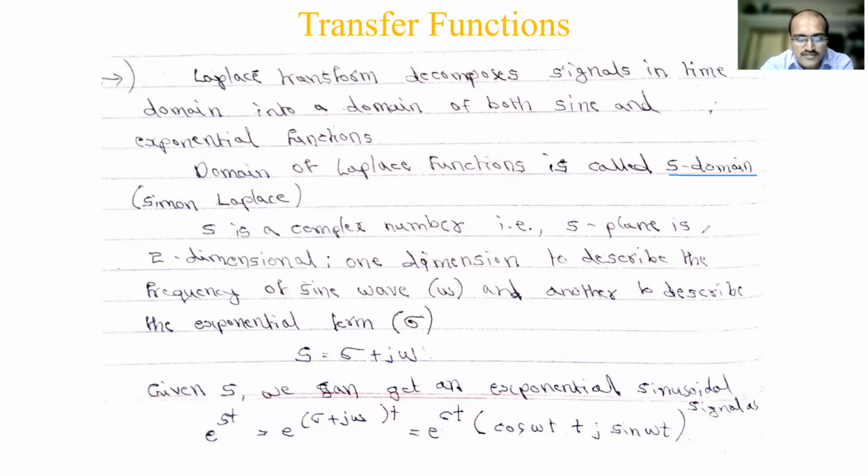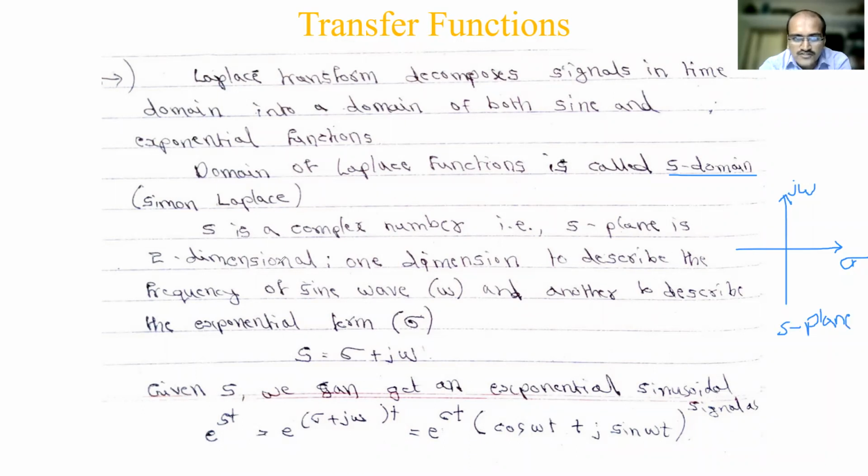You know how we represent that. The S plane is two-dimensional. It has a real part and an imaginary part. The horizontal axis is called sigma, and the imaginary part is represented as j omega. The imaginary plane and real plane together we call the S plane. S is a complex number, so how do you write that? Sigma plus j omega.